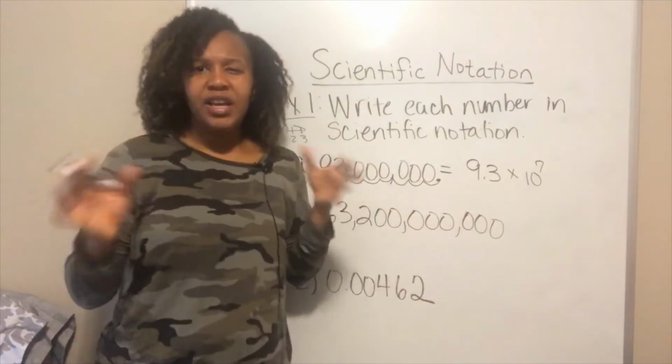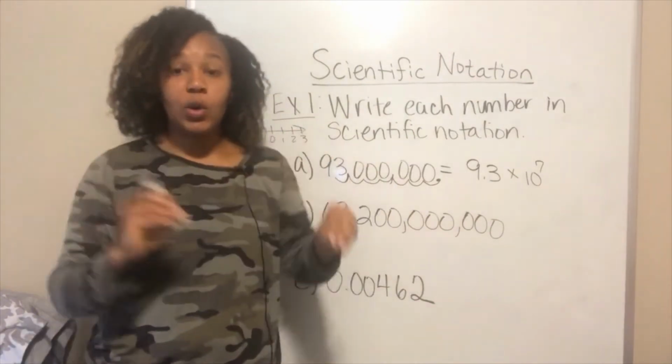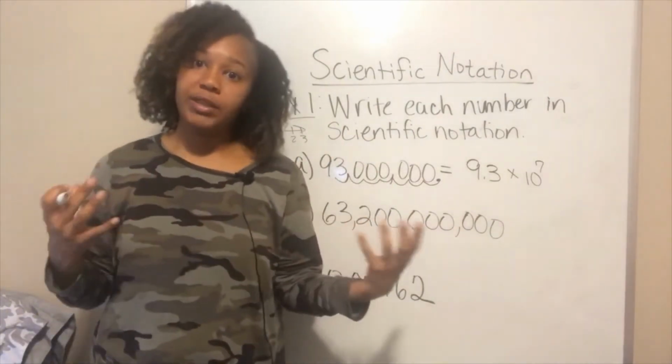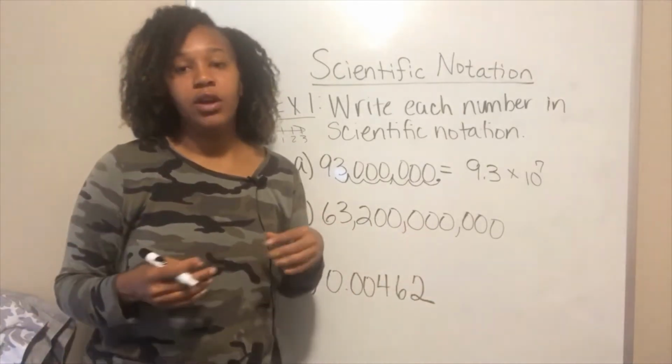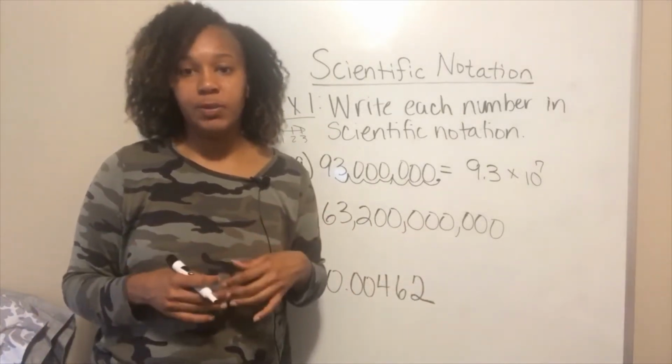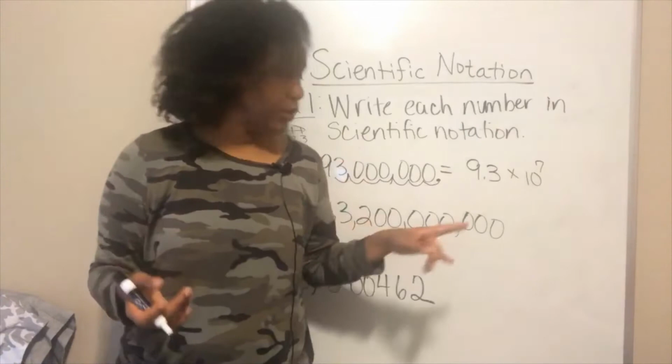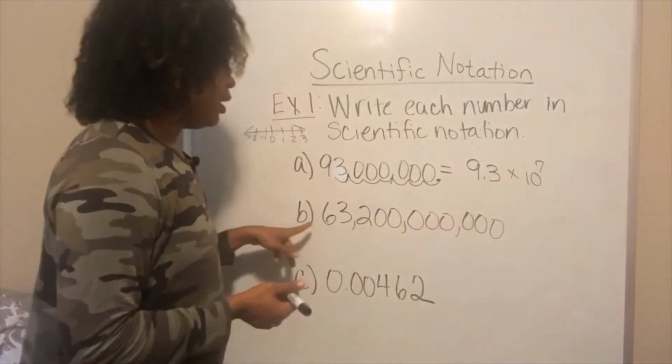So it could get confusing depending on which way you're going. But if you remember, your bigger numbers have positive exponents, your smaller numbers have negative exponents. That'll kind of help you keep it straight when you're writing it out. Alrighty, so this is